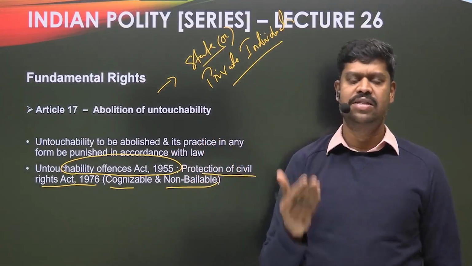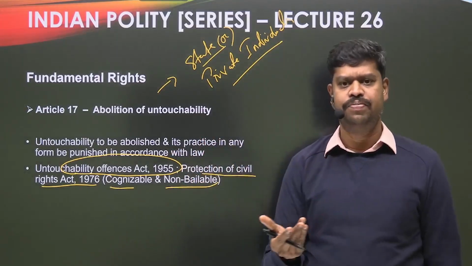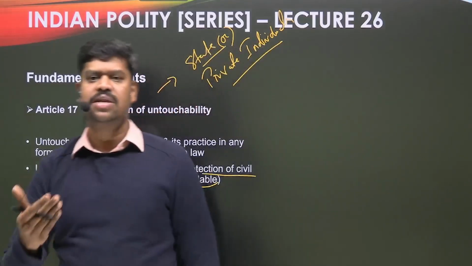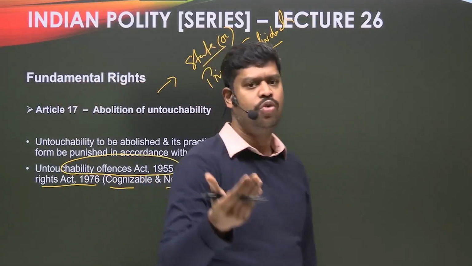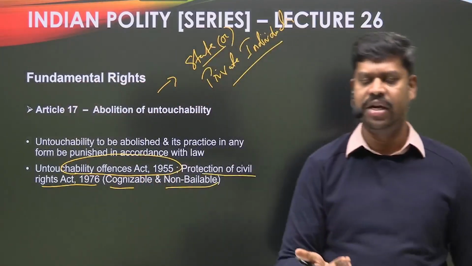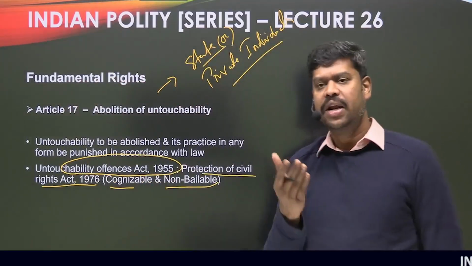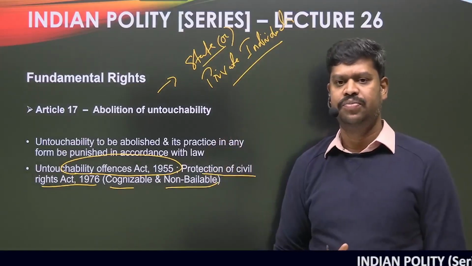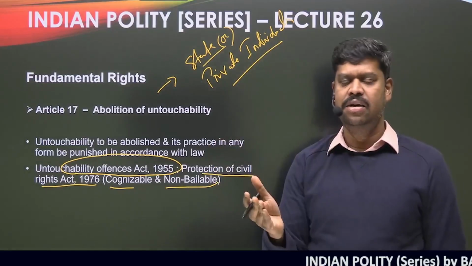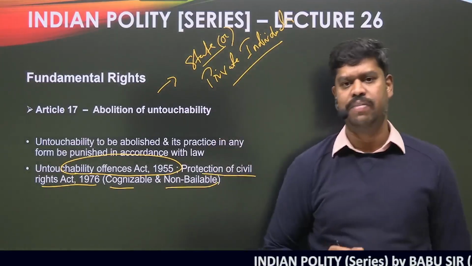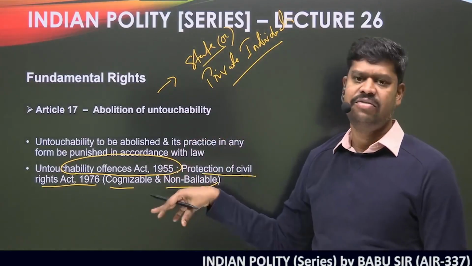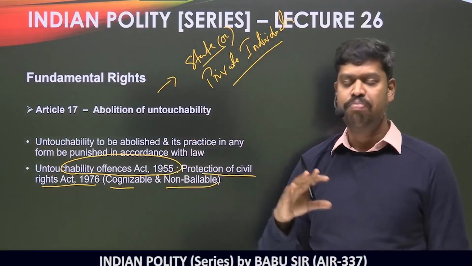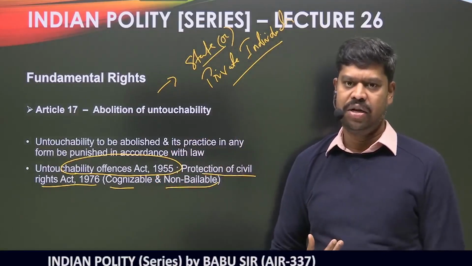In fact, there is a saying that bail is a rule. So when you say bail is a rule, whenever you are arrested, normally the court is going to give you bail because bail is your matter of right in most cases. But in case of a non-bailable offence, bail is not a matter of right. Bail may be granted, but at the discretion of the judicial magistrate because it's a very serious offence. The gravity of the offence on which you are arrested is very serious. So bail may be denied in this particular case.